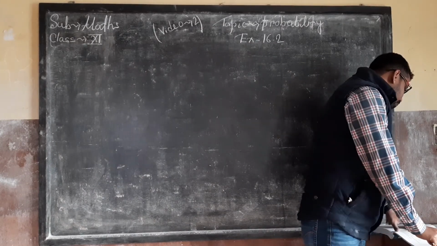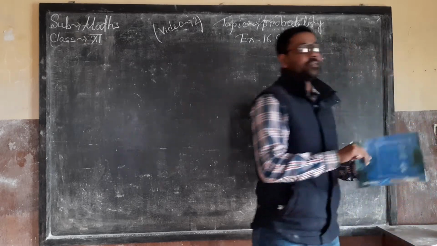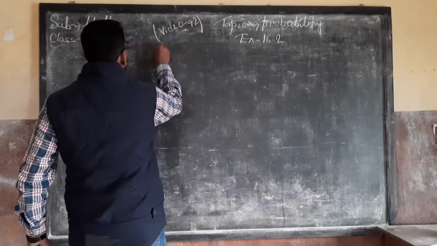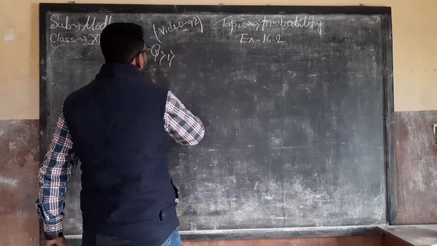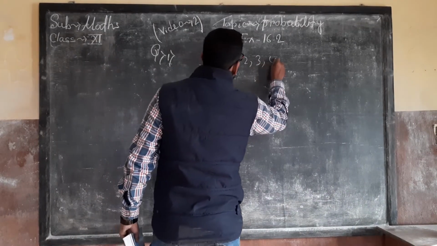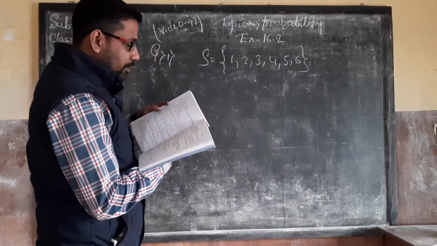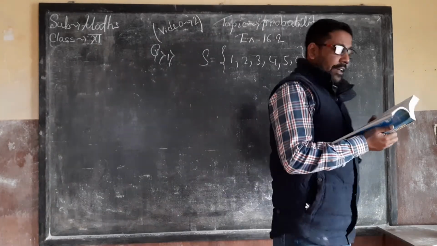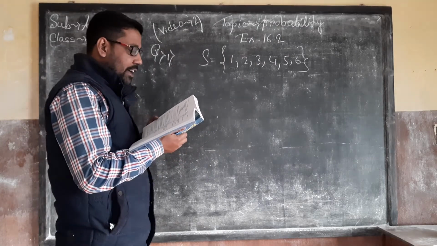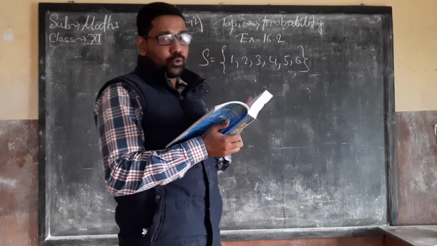A die is rolled. Let E be the event. First of all, a die is rolled, and that means the sample space for this experiment is 1, 2, 3, 4, 5 and 6. With respect to the sample space, we consider an event E, and F is another event, the die rolls an even number. Check whether E and F are mutually exclusive.